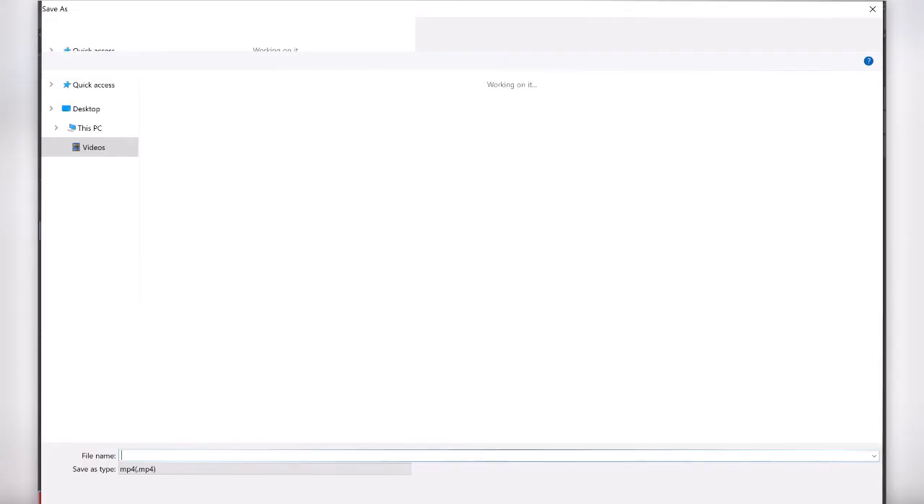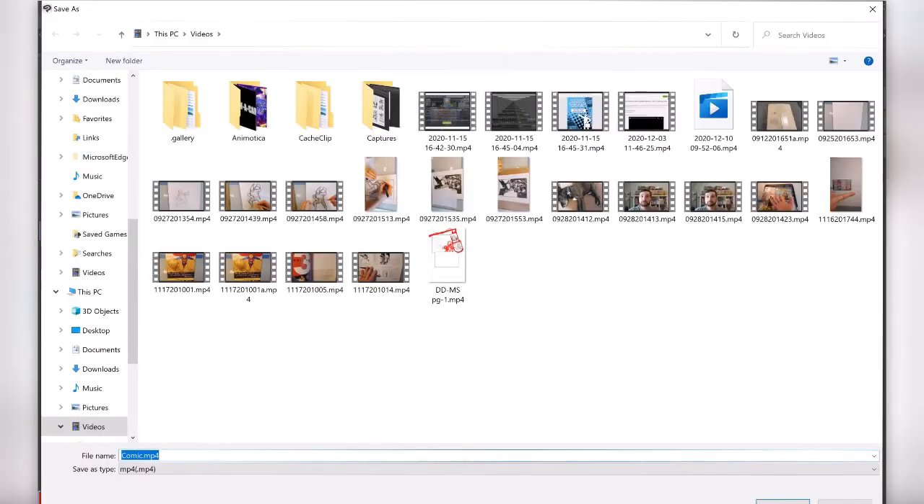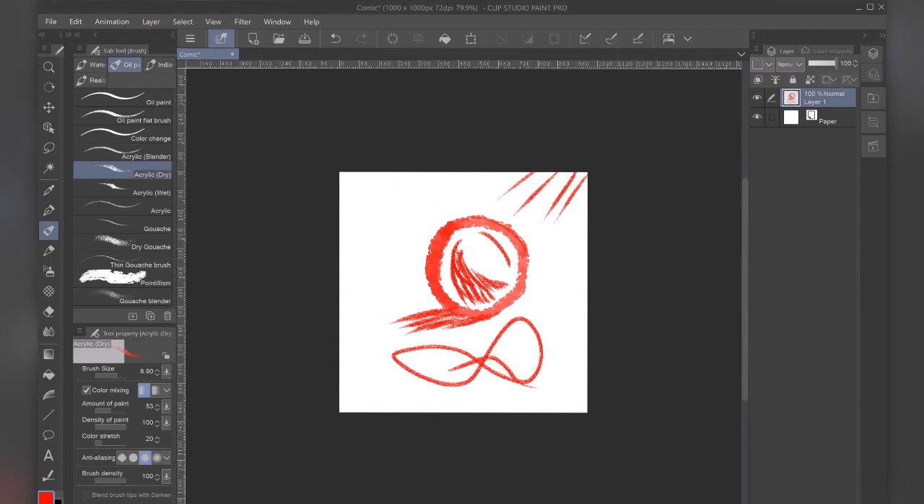you'll get a prompt for a save as. I have this video folder open right now, and you would just go ahead and name it and dump it into that folder. So pretty easy, pretty straightforward. And to stop it,